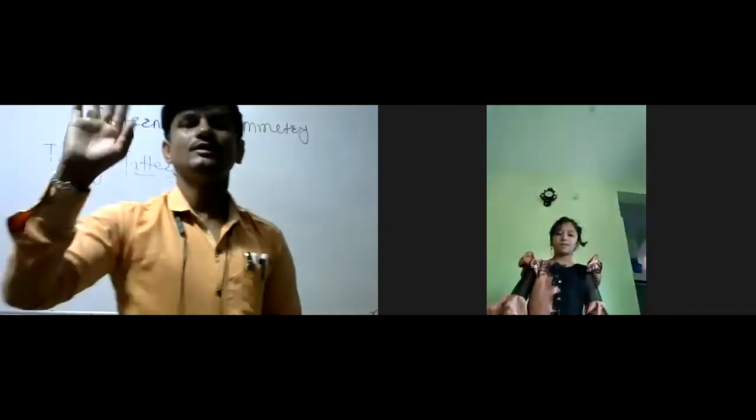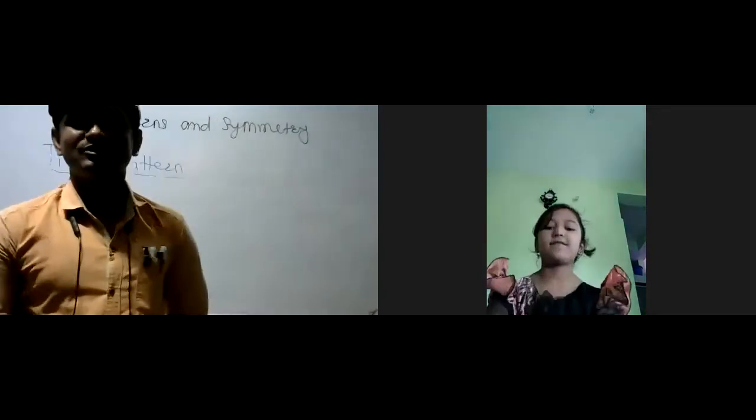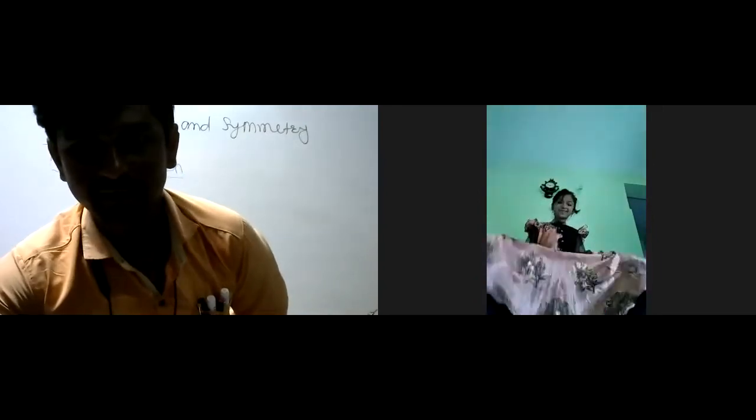Who is there? Any other? Okay. Anyone have the cloth? Yeah. See, Kafi also has a different pattern on her dress. Check it. Flowers, some space, then flower. Yes, like that. We can see different patterns like a tiling pattern.